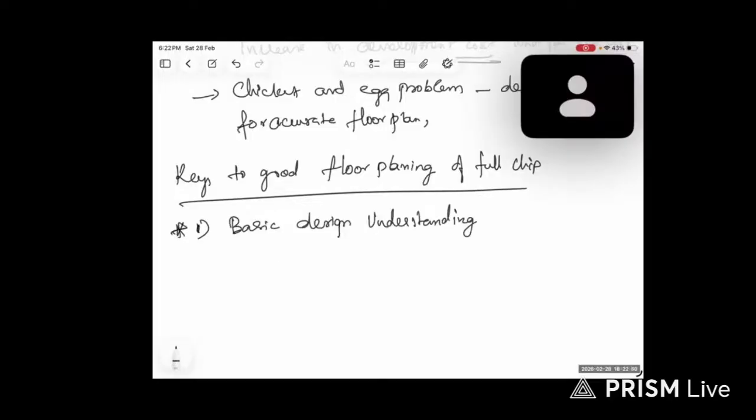If the designer gives you this basic understanding that your design will have this many flip-flops, this many macros, and these macros are part of this module inside the design. There are various varieties of macros. Say you have 64 cross 32 macros, there are 4 of them. Then say 128 cross 32, you have 2 macros. Say 128 cross 128, you have 4 macros. Like this, you should have basic design understanding, like which modules are there and how they are connected. You should have all of this understanding. This understanding will be given by the